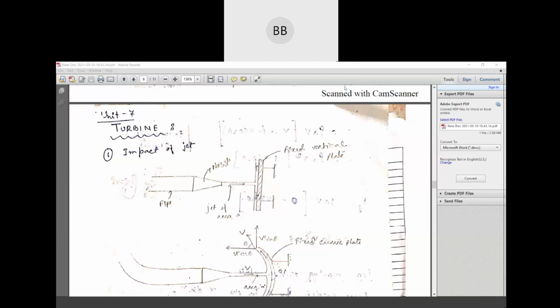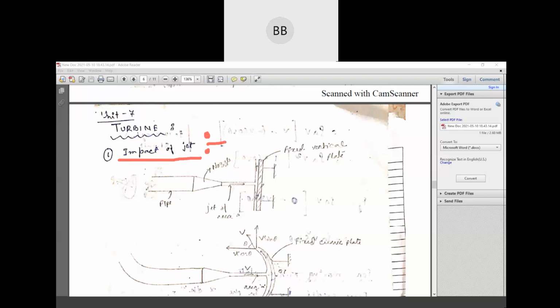So in that chapter, our very first topic is impact of jet. I think this part you have already studied in hydraulic machine. Okay, that is impact of jet. We are going to discuss impact of jet. Okay, so if you remember,